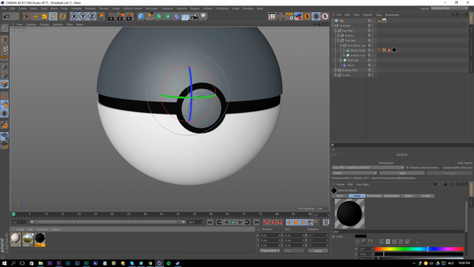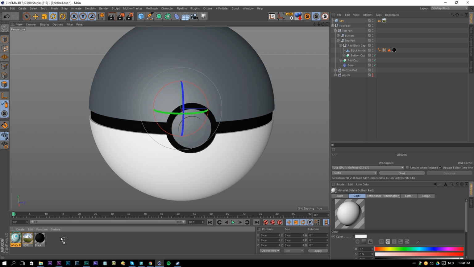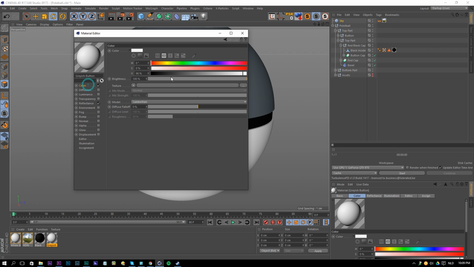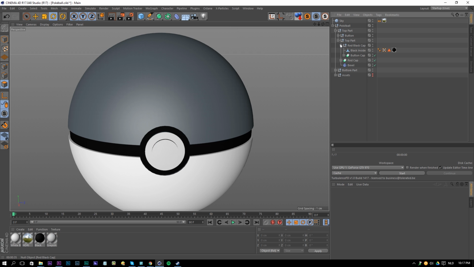So we have our bottom part now. I'm going to just keep it as it is, so we can preview everything later on. And I'm actually going to use this for the button as well. I'm going to click on our texture and Control drag it out and rename this to grayish. Okay, button. And then the only thing that I will do is go to the color here and just make it a little bit more gray and put that on our button here.